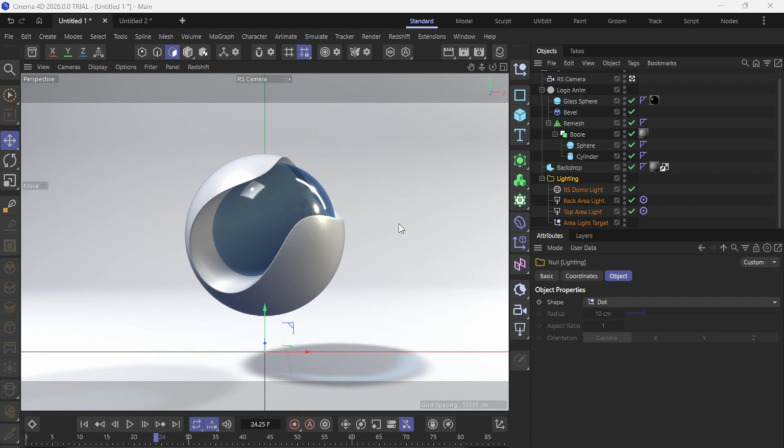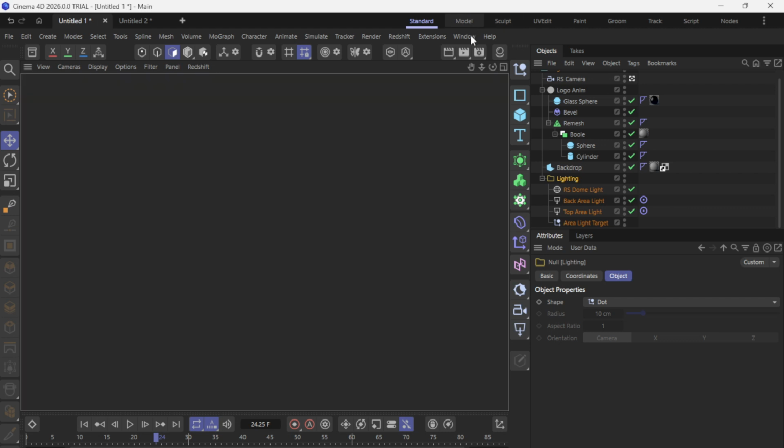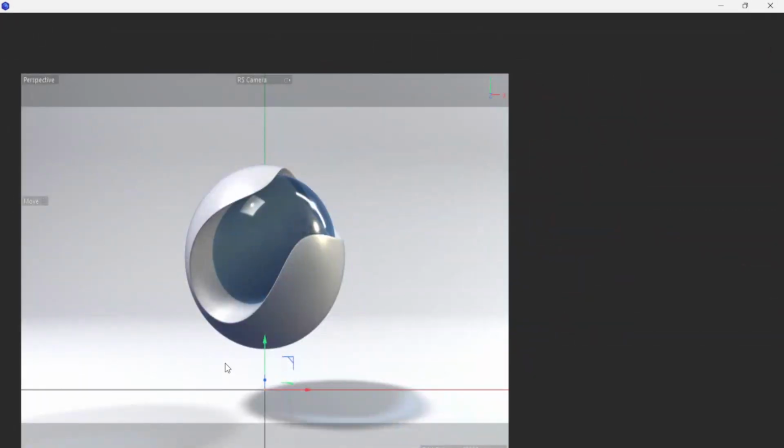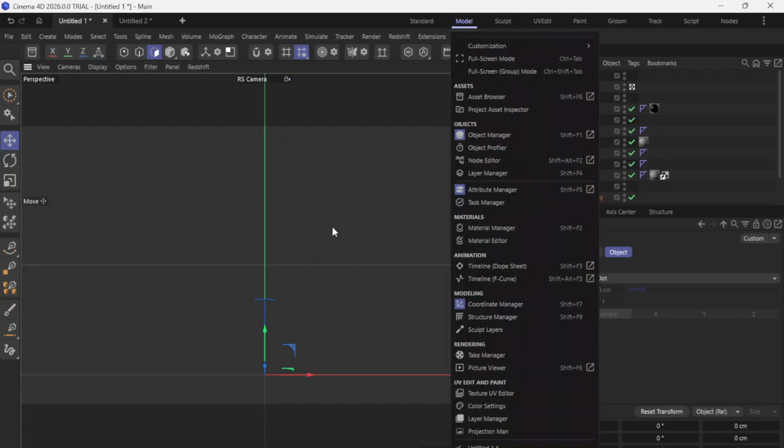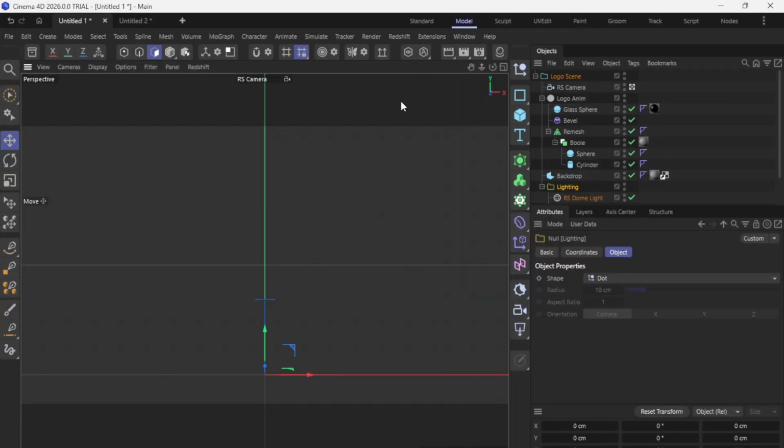Back in Cinema 4D, create a new material. Open the material and, in the color channel, load the first image from your sequence. Cinema 4D should automatically detect the entire sequence based on the numbered file names. If it doesn't, look for the sequence or animation options in the texture settings and confirm that it's reading all frames. While you're here, switch off any unwanted reflectance or specular so the background displays cleanly without lighting or shading